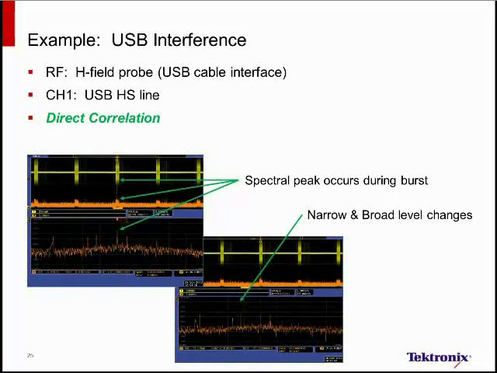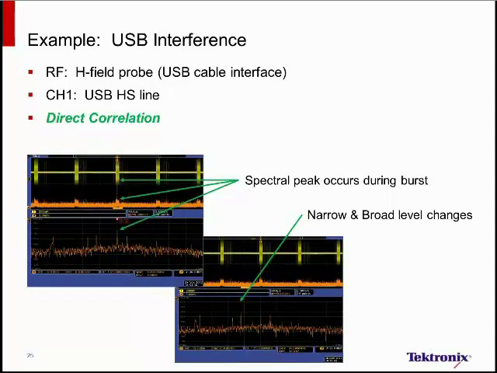In this example here, it's a similar sort of setup. Specifically, what I'm looking at is channel 1 on a USB HS, or high-speed, line. I'm looking at the amplitude versus time, and I'm looking at the spectrum. In this example, we're at about 390 megahertz. We were able to directly correlate the USB message to the spectrum event and see the broad range in the